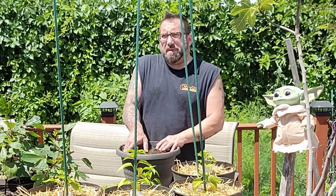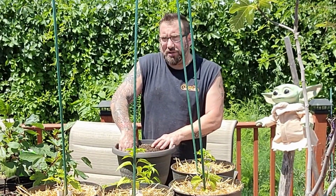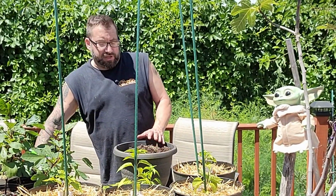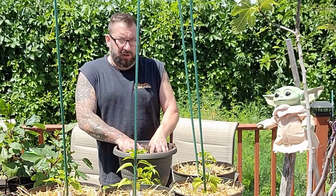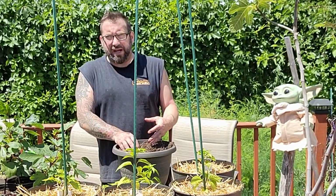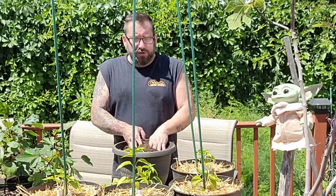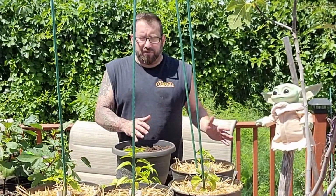I'm going to treat my peppers just like I do as far as fertilizing, just like I do my tomatoes. Since they are in the same family, I'm just going to add the same nutrients to it, maybe a little bit more. I'm probably over fertilizing, but since this is such a neutral and organic and safe fertilizer, I don't mind going a little bit overboard. So that's what I'm going to do to prepare this pot